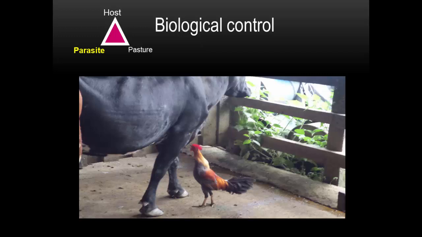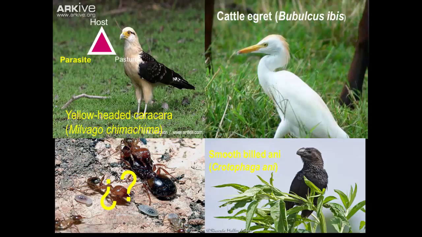There are also some birds in Colombia that will stay close to cattle and will do the same thing. However, I would argue that it's very unlikely that using only birds we can really tip the balance to achieve a proper control on the population of ticks. And I put a question mark on those ants that are apparently carrying some eggs, because if there is really a carnivore ant or insect that could prey on the eggs or the larvae of the ticks, that would no doubt be a formidable weapon that we could potentially use, at least in places where the